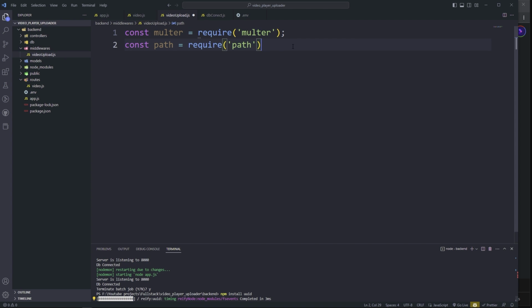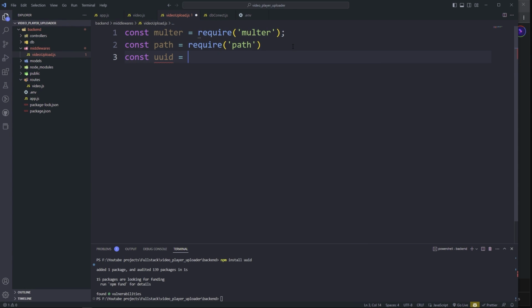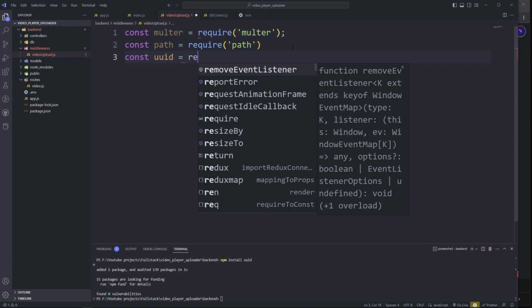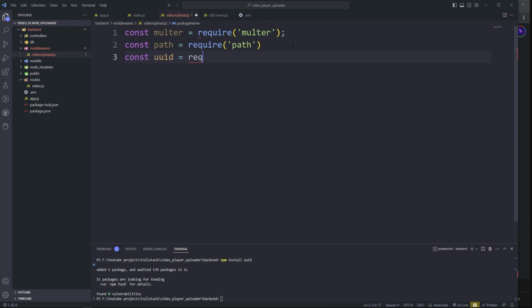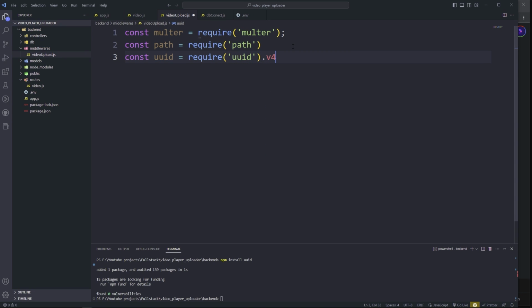Okay, so here we're going to say const UUID equal to require, and then here we're going to do UUID and then .v4. We're going to be using version 4, v4. Okay, so now we're going to